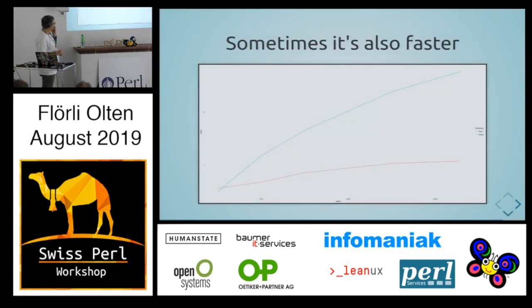You see, this is Python. This is time. It's a logarithmic scale. This is Perl 6. Let's say, okay, 10,000, yeah. 20,000, no problem. 65,000, yeah, it's going to be a bit slower. But